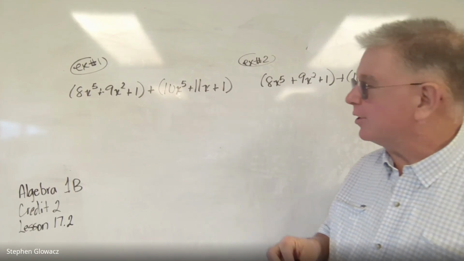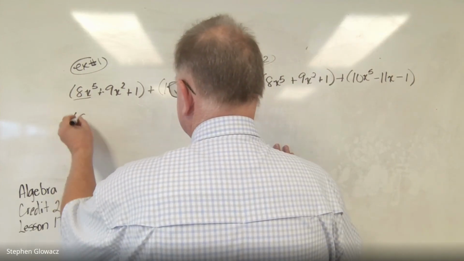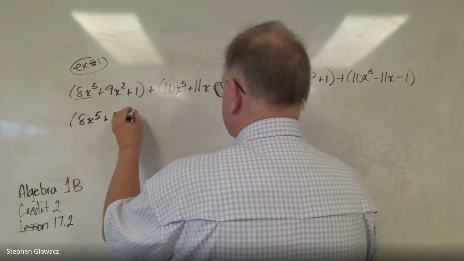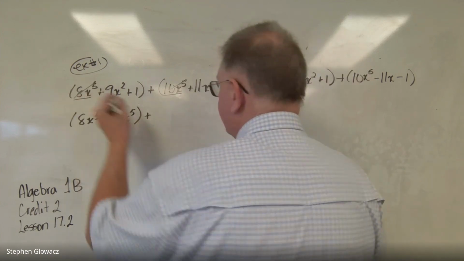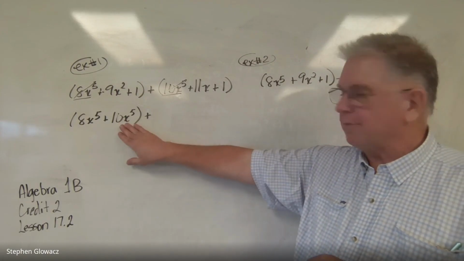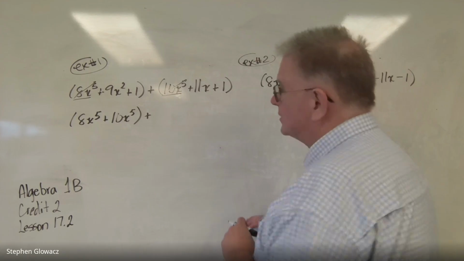So the first thing we're going to do is group our like terms. So we have, as we just said, 8x to the fifth, and then 10x to the fifth. And then as you do this, you can cross them out if it's helpful. You don't have to do that, but you know that you've already grouped those, and you don't have to worry about those anymore for grouping. So next we have,